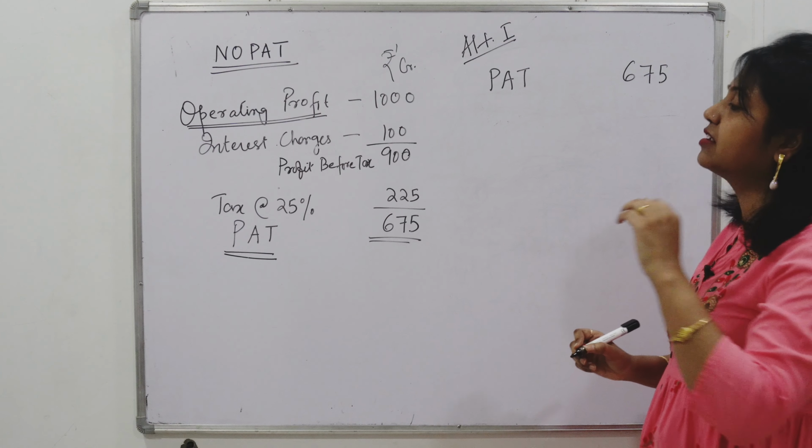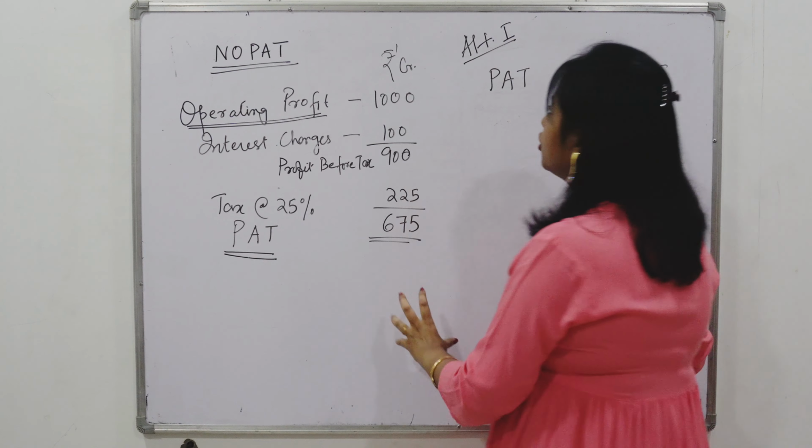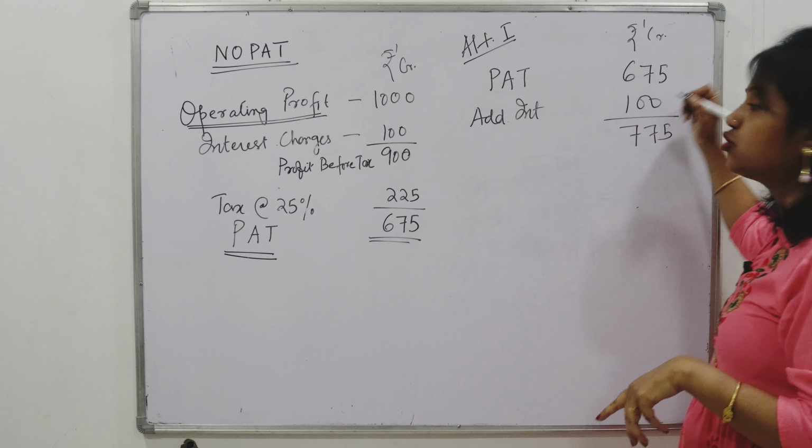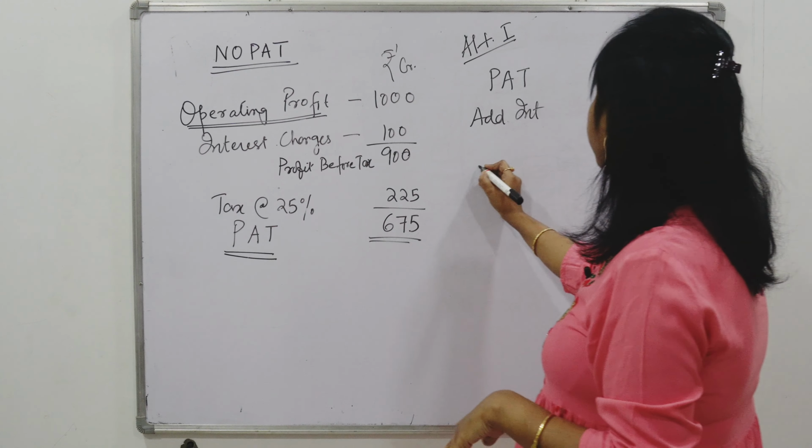But as I have discussed, economic value added says that we should not deduct interest now. We will deduct interest later. So we have to add back interest. So when we are adding interest, we are writing 775. Let's suppose this is in rupees in crores. Now see, we have added it, but don't you remember that I told you that whenever you are deducting interest here, you are saving some profit, because of which you are paying less tax. But now that you have added the interest, you should not get the benefit of tax also. So we will write here less tax advantage